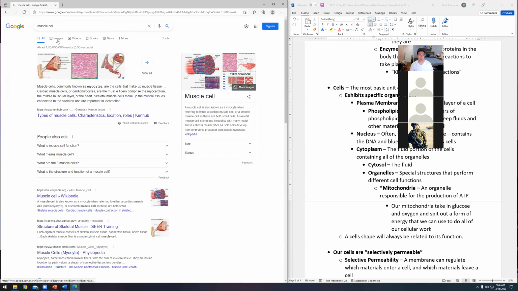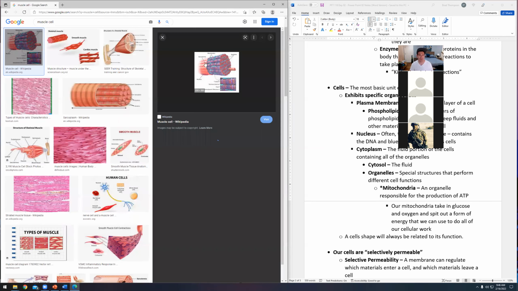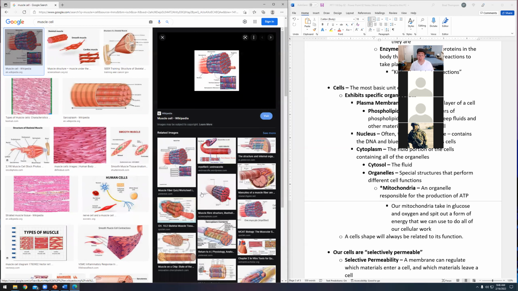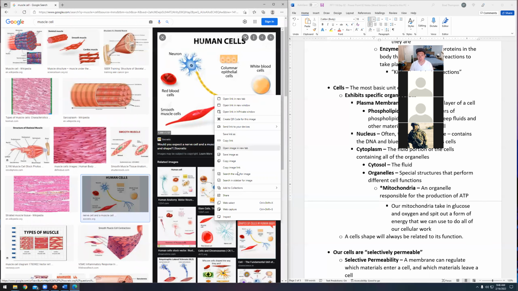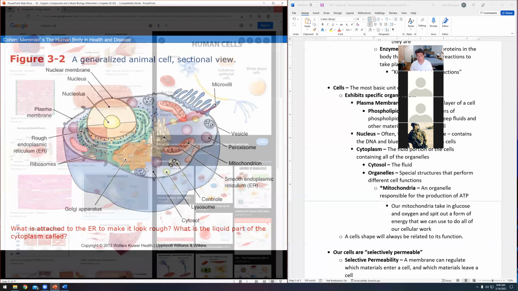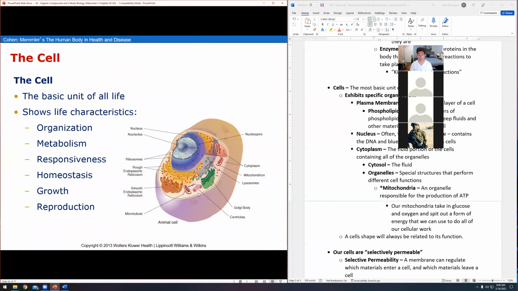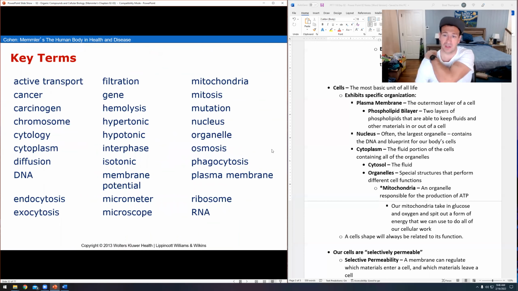So if you look at a muscle cell, it looks like this, very different looking, right? You can see that is a very different shape, but everything that is found inside of a regular cell can also be found in this muscle cell. It's just got some special other stuff. Same thing is true of red blood cells, muscle cells, neurons, right? They're all just shaped a little bit differently due to a different assembling of protein. But today we're looking at a general cell. We're just going to look at that as an example, but it'll give us a deeper understanding of stuff later on.